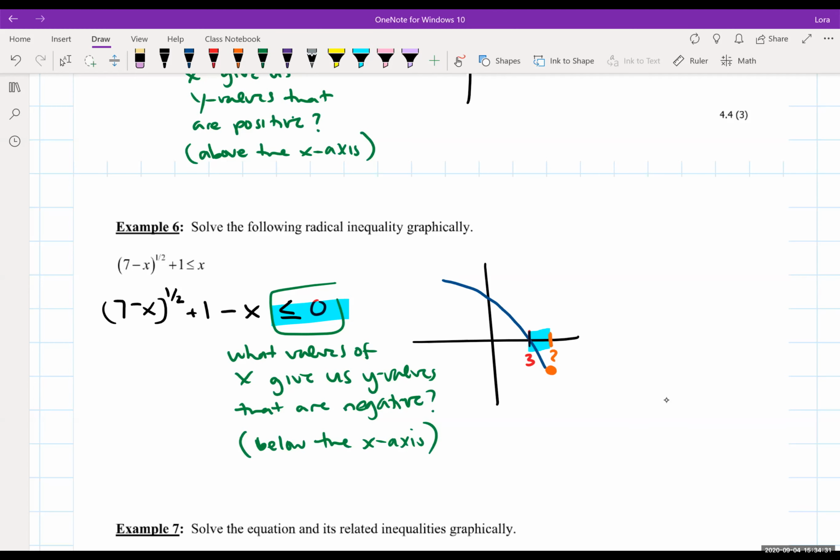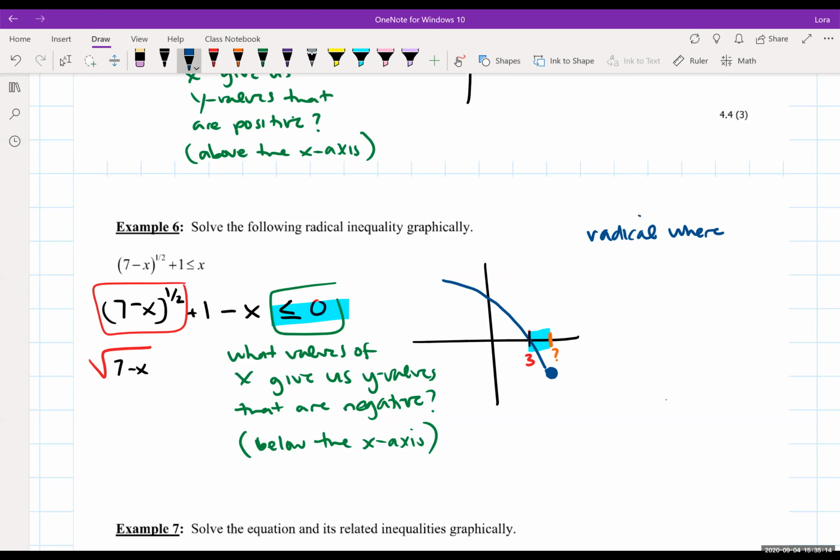And I know that doesn't look like a question mark anymore, so I will draw that for you. I do have an endpoint of my graph, and that x value is a question mark. We're not sure yet. But from a little bit of experience in the previous section, whenever we have a 1/2 power, our function is actually a square root. So we have actually 7 minus x, if you're really looking at this. But I'm really just looking at the fact that I do have a radical equation